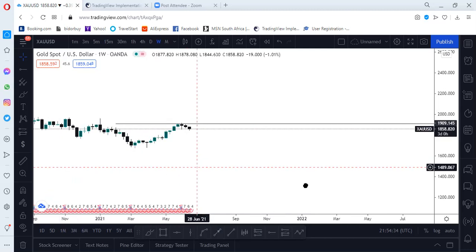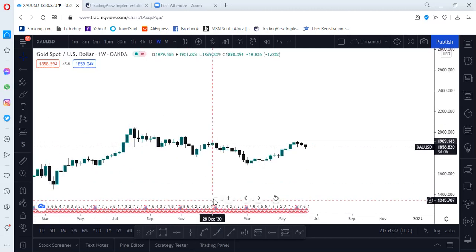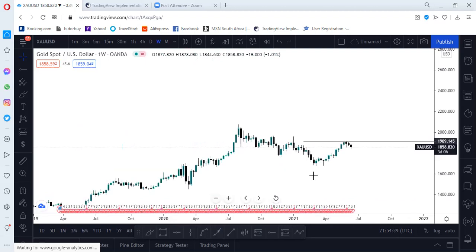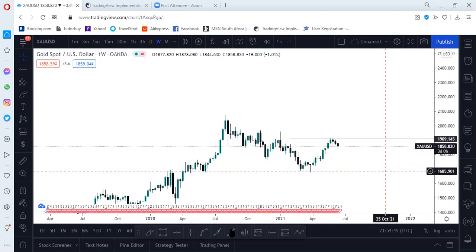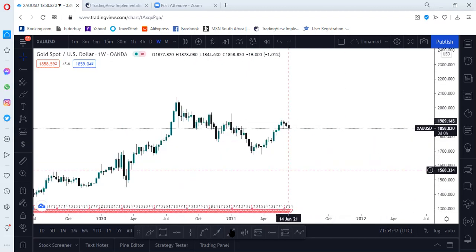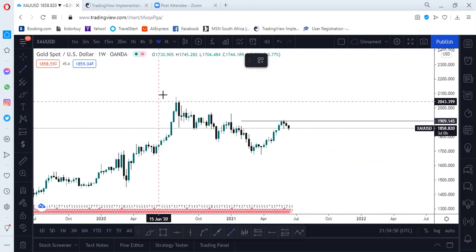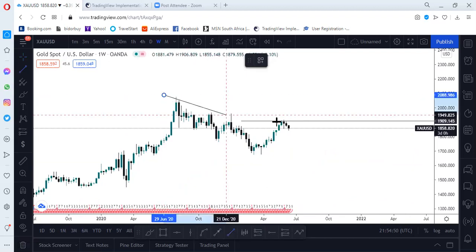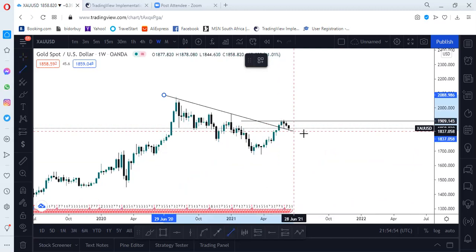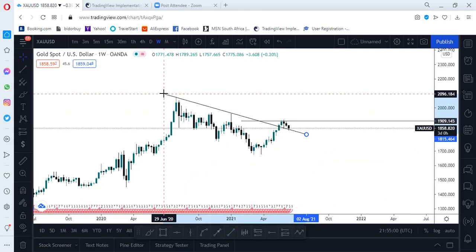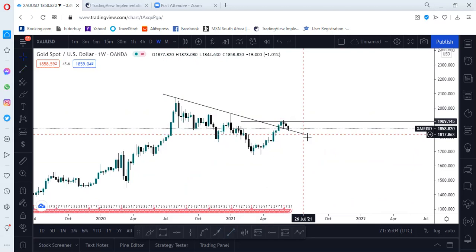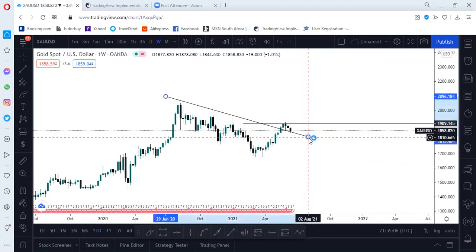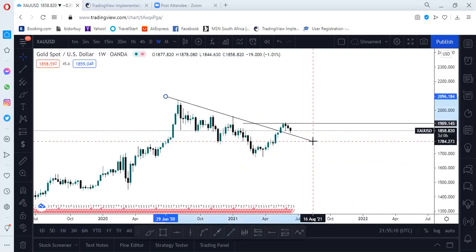So here it is. On the weekly chart, we are seeing some sort of trend right there, a bearish trend. We have a bearish trend like this one. Just make sure you are precise with your trend lines because you don't want to make mistakes. So right there,